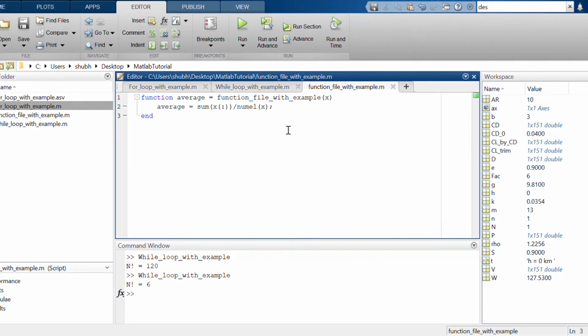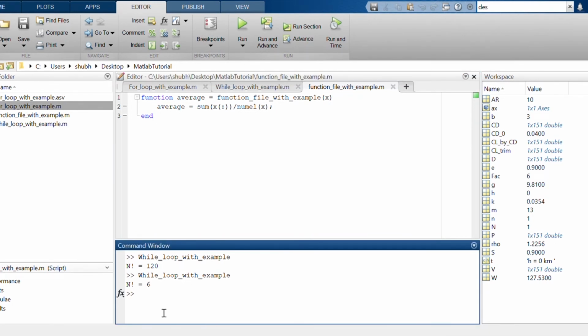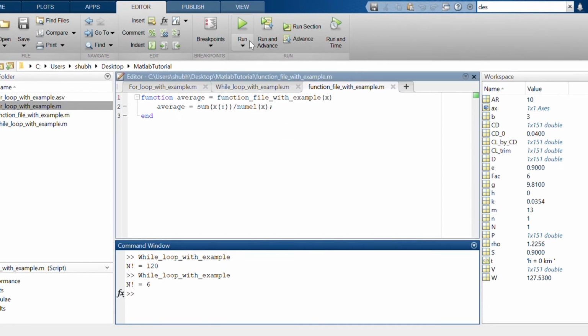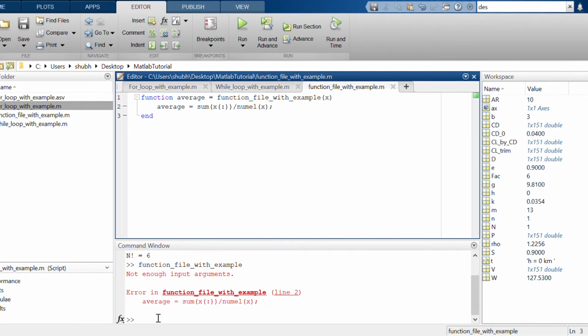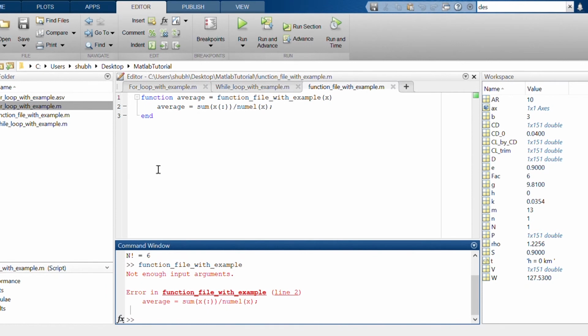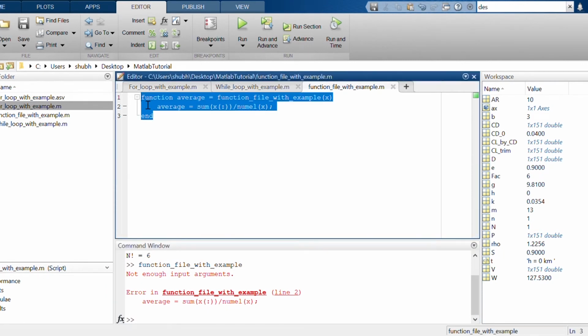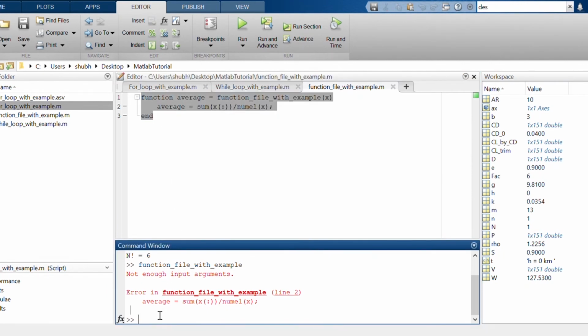Suppose that you want to compute these things, like average. So what will you do? You will run this file. What are you getting? You are missing something, right? Error in a function file. So you just write the function file here and give the command in the command window.